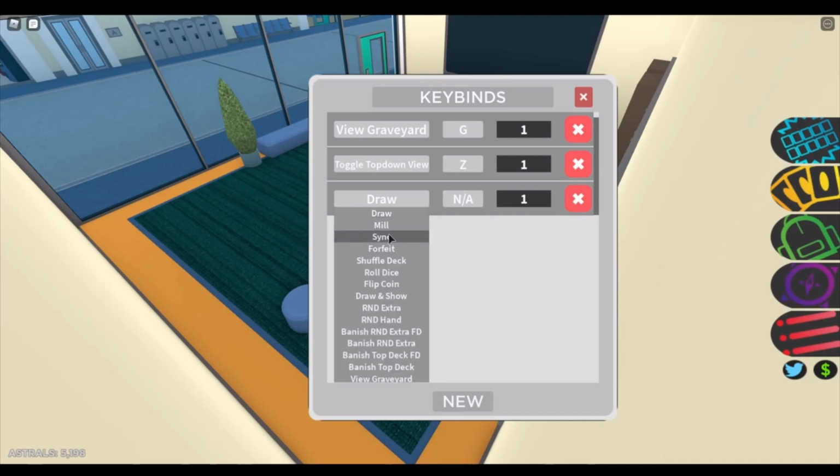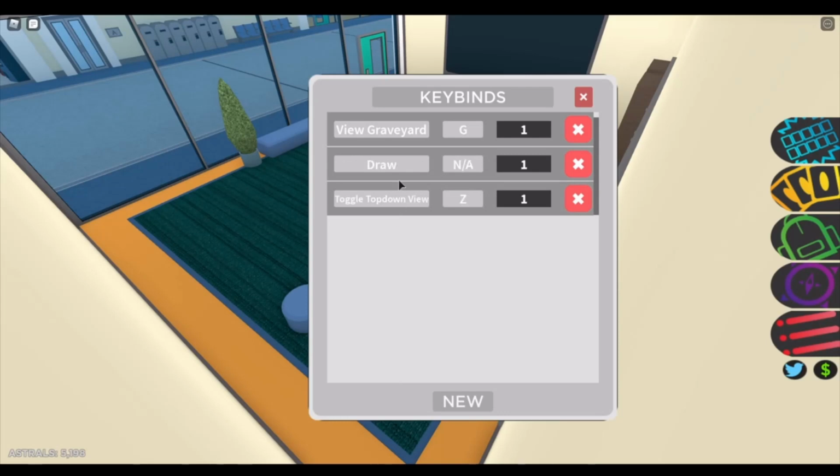First, select the kind of action you want performed when the key is pressed. So for example, I want a keybind that will draw me exactly 5 cards when I press that button. Great if I want to start a duel. So, I'll leave this keybind as draw for now. Next, I will set the key that I want to press to activate this. Generally, I don't want something that I might accidentally press, so I'll just set it to J, a bit further